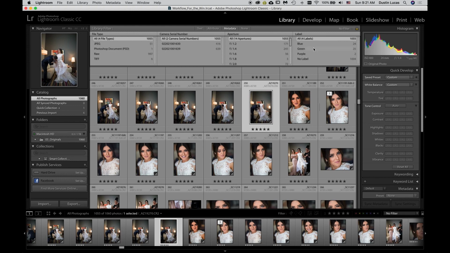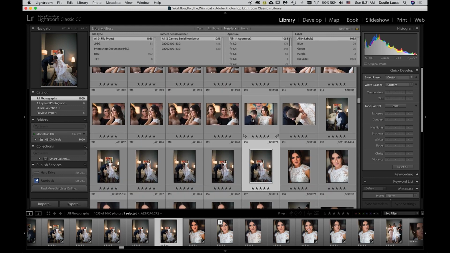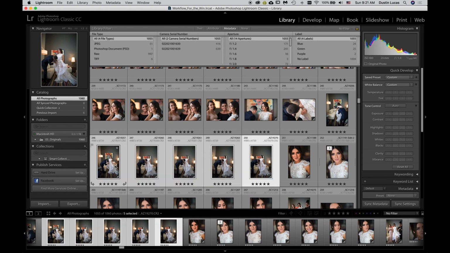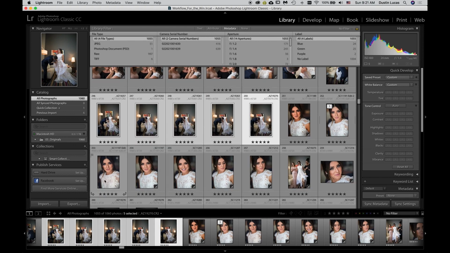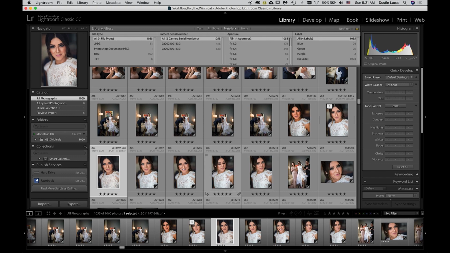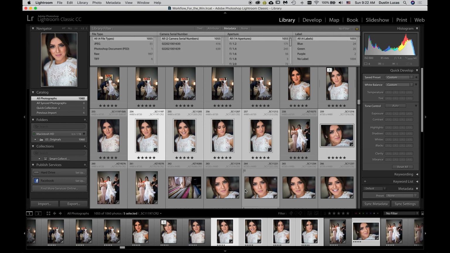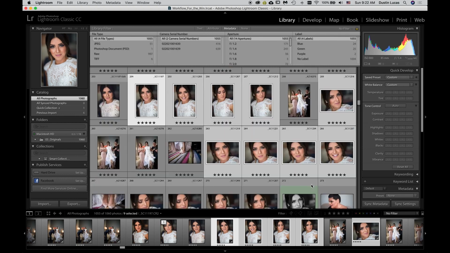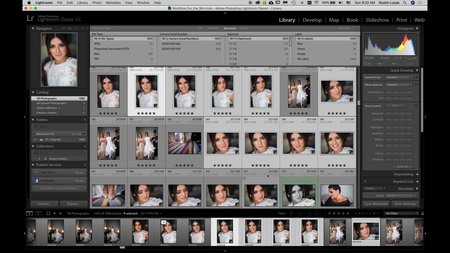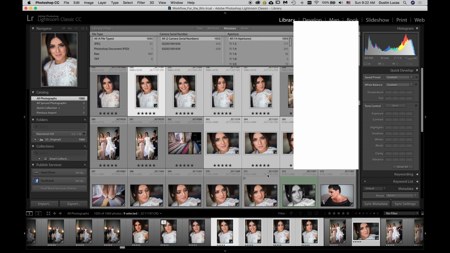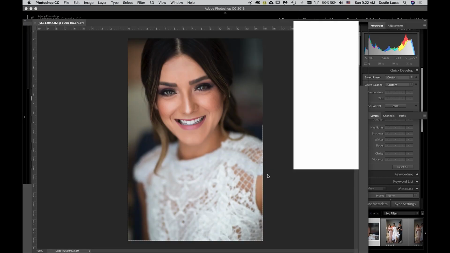You just go into library mode, and if you want to select a handful of images, like, for instance, we want to choose these certain raw files. I don't want to do a whole bunch, but if I want to open all those up into Photoshop, I'm selecting them in Lightroom. I'm doing Command E just the same way, and it's going to allow me to open up these multiple images into Photoshop. Now, as it's doing this, you're probably thinking, well,